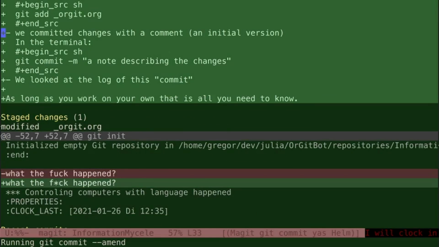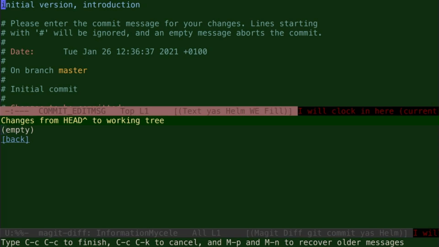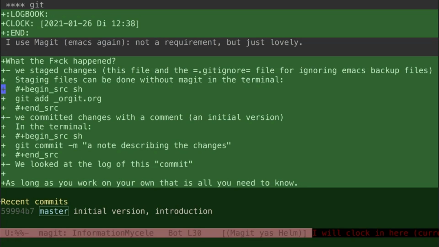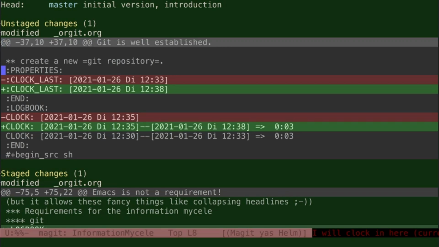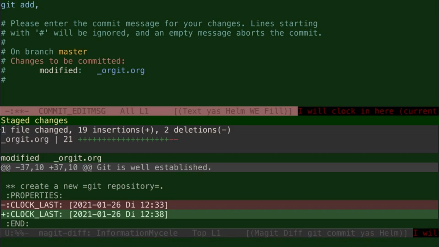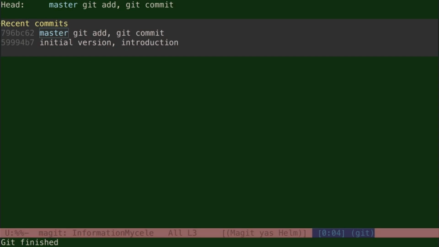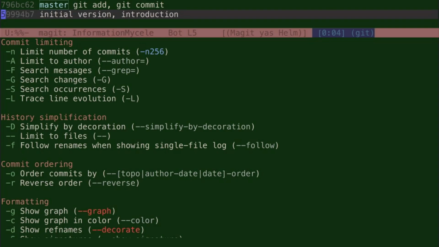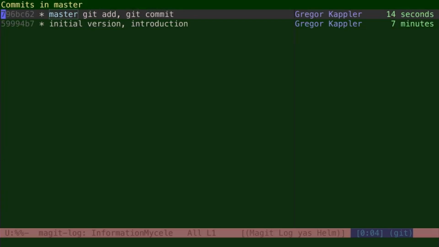We can create a new commit by pressing S here in the Magit client, but in other clients it's different. And we write a new commit message detailing that we added git add and git commit commands and have now 2 commits in our repository. Here you can see a nice display of such a log containing author and how long ago it was.